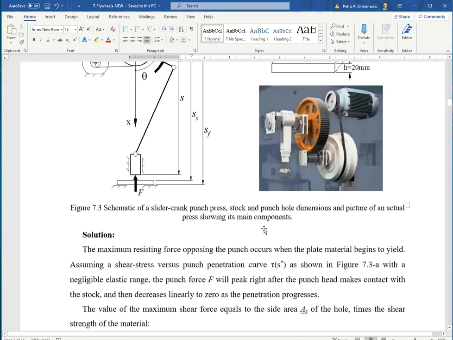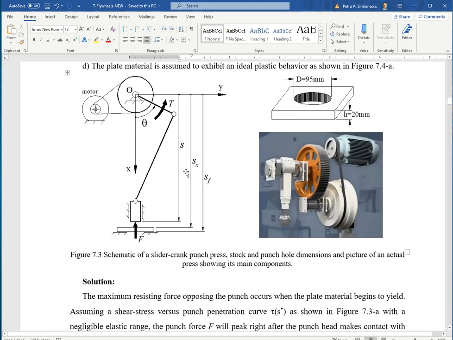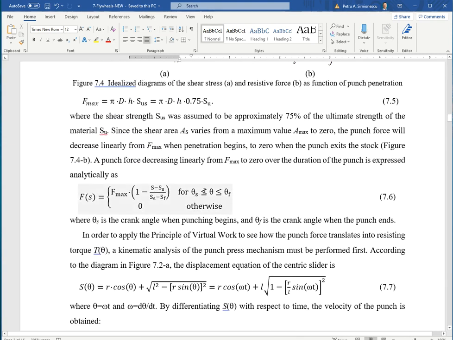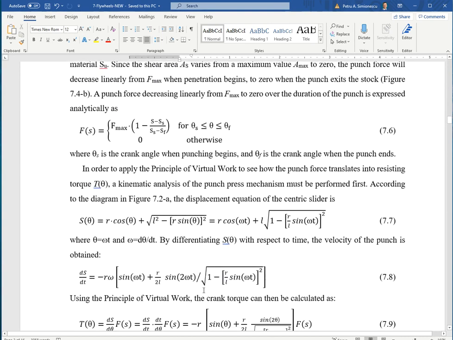So for these two values, the start of the piston or punch displacement at the beginning of the punch and the end of the punch, start and finish, there will be angles theta that correspond to those displacements. Okay. All right. So a description of the resisting force, and now we're going to use this force together with